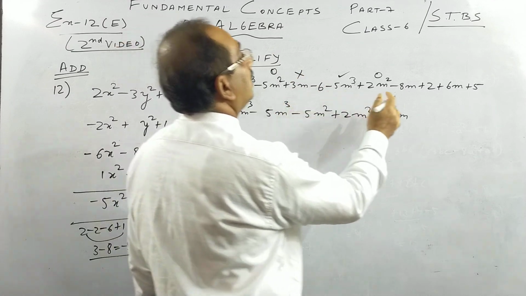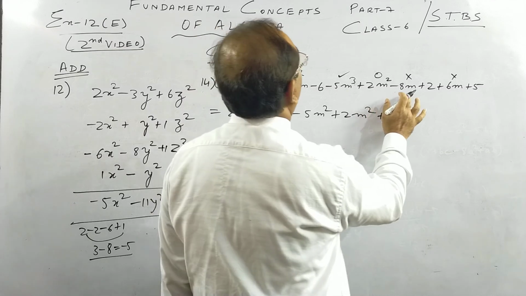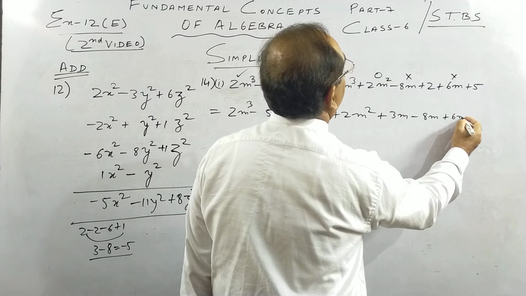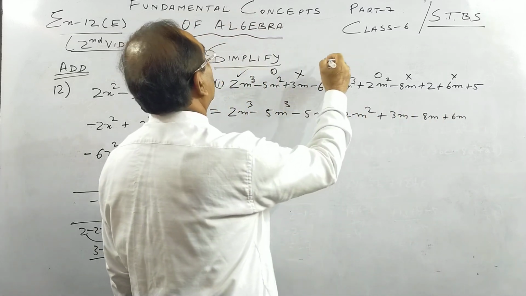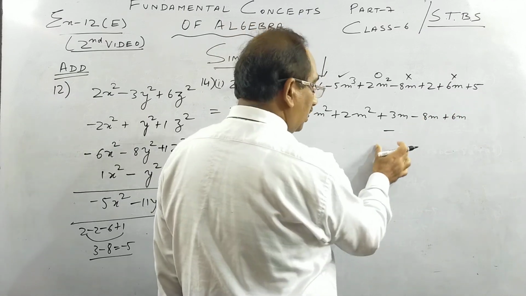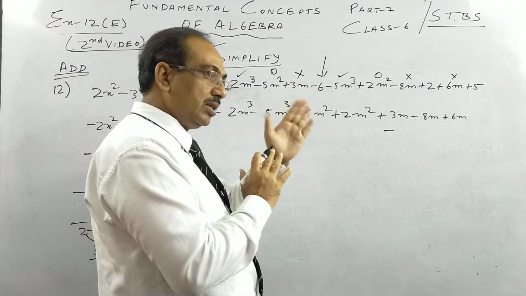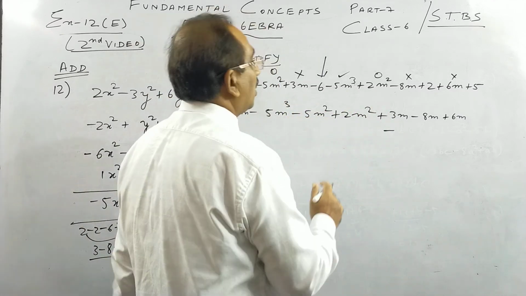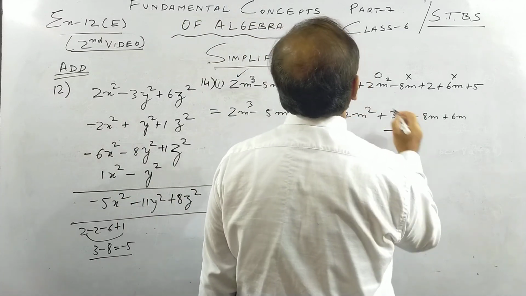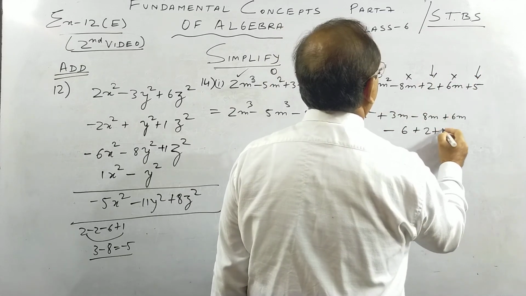Okay, the m term, you see. So I see the 3m term. 3m minus 8m plus 6m. Now you see the numbers, children, numbers. Minus 6, I'm writing below, I'm not going to that corner, but you can write it. Or you can turn your copy like this. If your copy is like this, turn it like this and write. Okay. So you do a 90-degree turn. Minus 6, then I see one more number, plus 2, then plus 5.